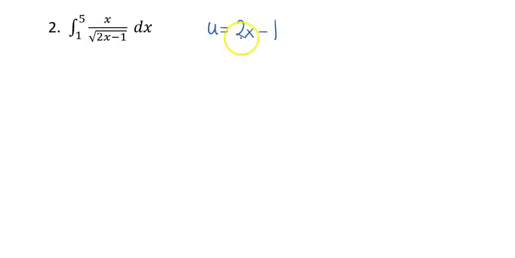And obviously the derivative of that, 2, is not in the problem. I still have this x in the problem. So this will be a u sub back sub. And I need to solve for x. So I'm going to add 1, divide by 2,